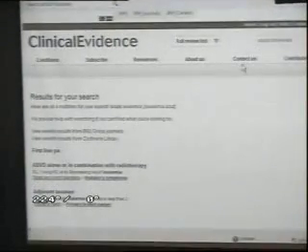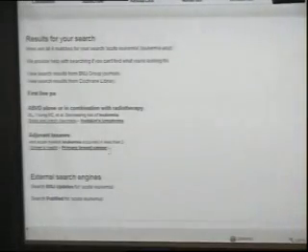I'm just typing acute leukemia to see if it works quicker. So I just typed in leukemia. There isn't obviously a lot out here. But first line, there we go. If you go here,